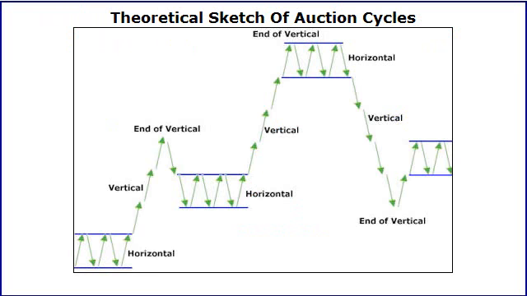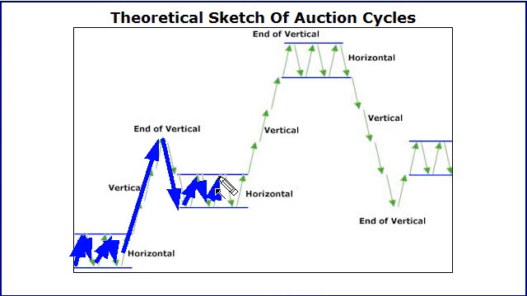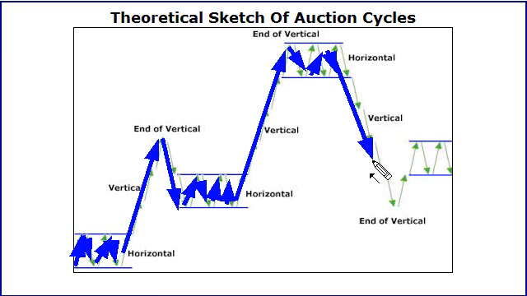Now here is a theoretical sketch of this process where we have a market in balance or in the horizontal condition, you might say consolidating, where market participants en masse have agreed on a fair price level. And then something changes. It could be a news event, could be anything. That balance is broken and the market breaks out vertically until at some point, typically the vertical overextends itself, capitulates, and then we find balance again. That will last for a period of time until something else in the market changes. The market breaks out vertically. Again, that'll come to an end. We'll find balance, and this process repeats itself over and over, time and time again.